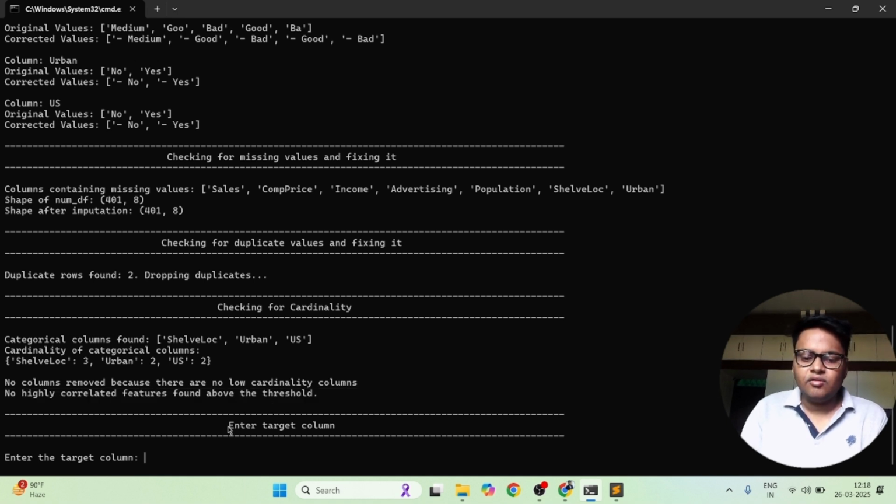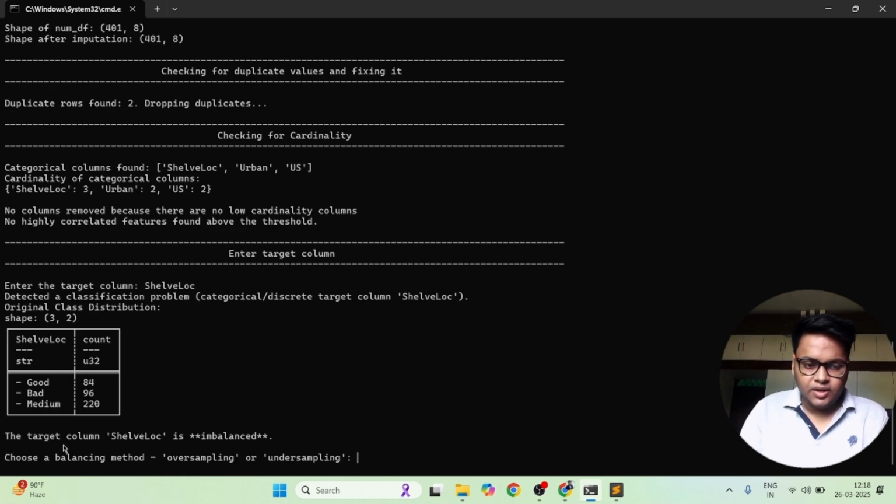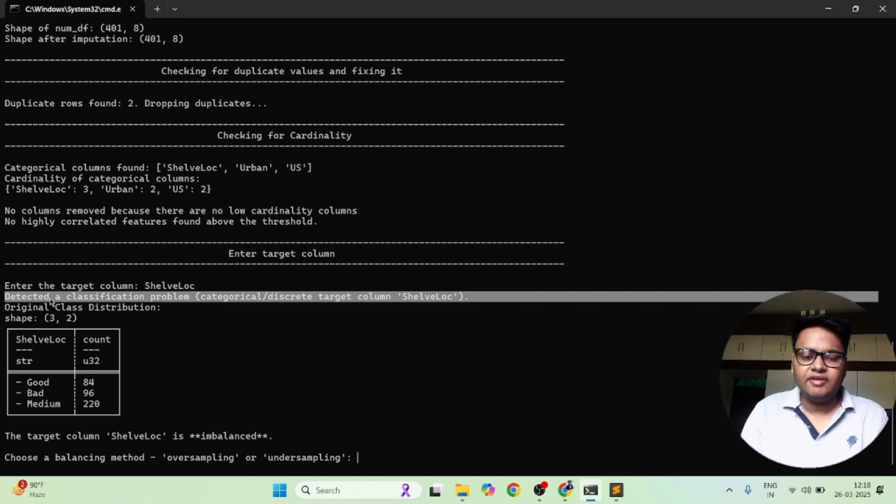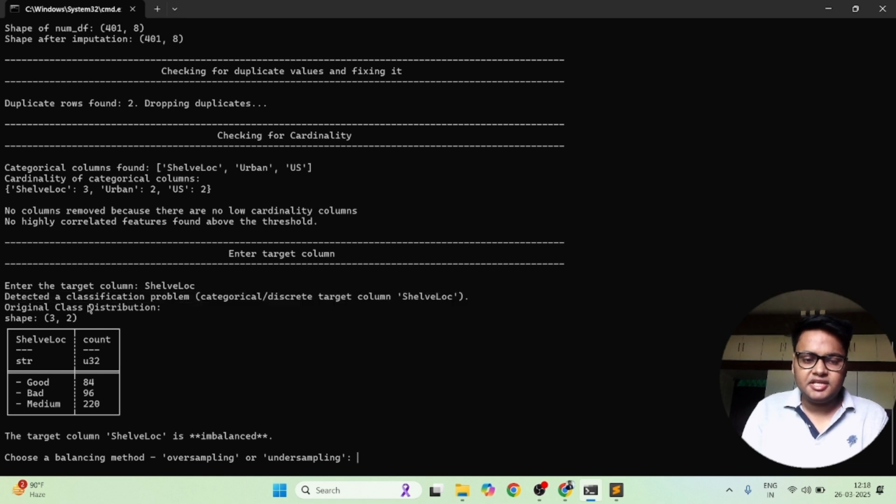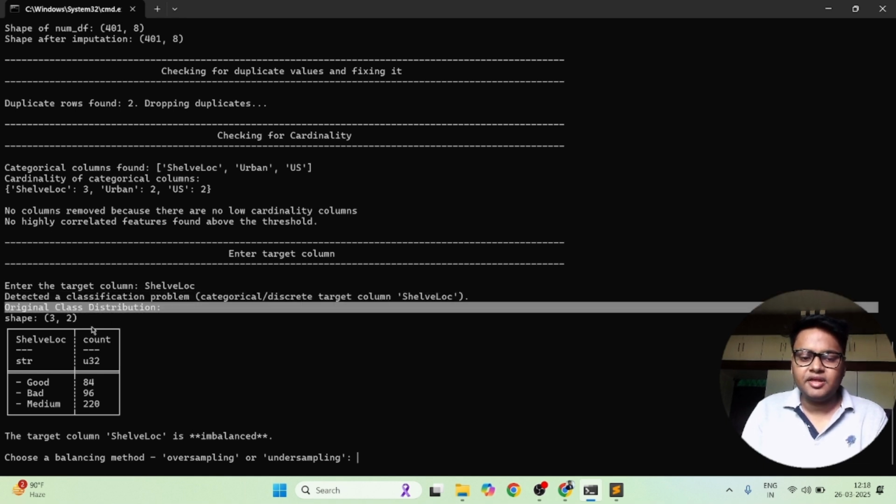After that, it is asking you to enter your target column. So let me enter the target column as cell block and click on enter. So you can see it has detected that there is a classification problem. If you enter a numerical column, it will detect it as a regression problem. Then it is checking the class distribution for the classification problem, and you can see the dataset is imbalanced.